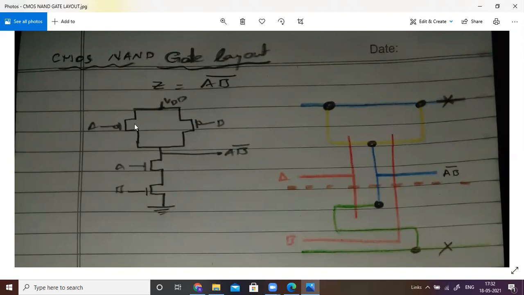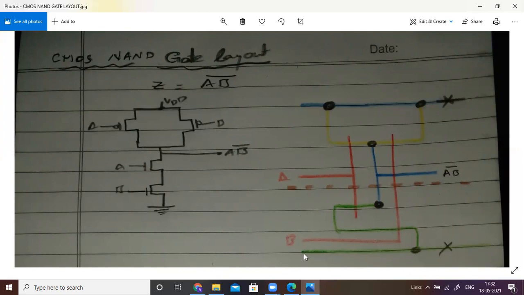So see, this is the P diffusion. P diffusion is nothing but the P Thinax layer. You can take the P Thinax layer from the VDD line. So first thing, what to do? Take a blue color, draw 2 horizontal lines for the VDD and VSS lines. Take a VDD, VSS line. Here also VSS is not a green color, it is a VSS line, blue color. Okay, draw a blue color here.